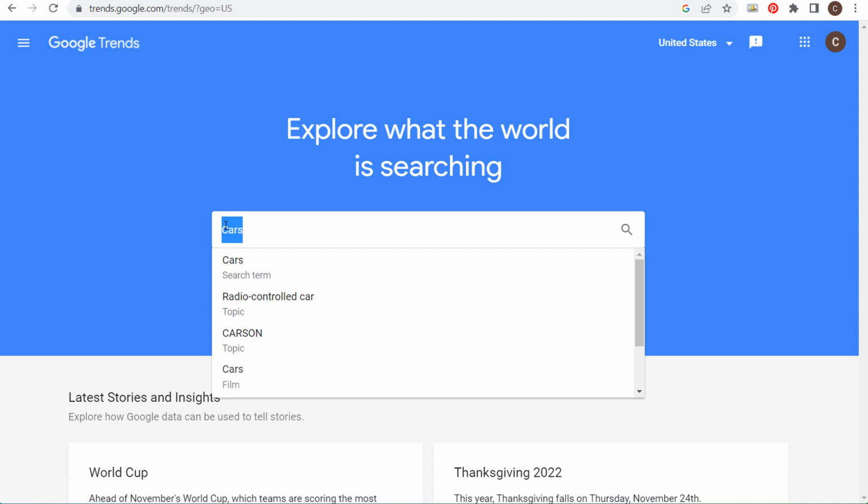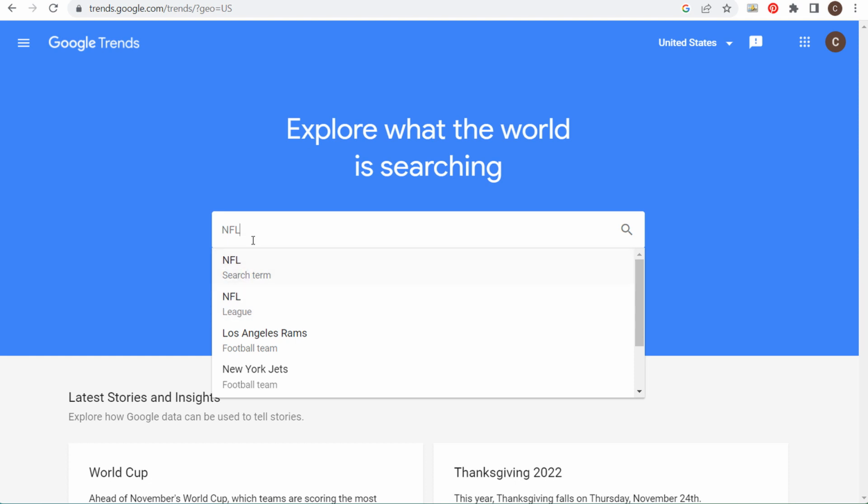So maybe I go to SUV. So let's search SUV, search term. They have water, a drink. So sport utility vehicle, vehicle classification. Now, one of the things you're going to see is when you enter certain keywords like SUV, you're going to see something like this where there's a topic and there's a search term. You're going to see it with something like, for example, if I do NFL. So NFL, they have search term and then they have a league. So this is the topic. So you're better off using the actual topic itself. There's certain keywords you enter, you're going to see all sorts of different things come up. But if you have something here like NFL League, that's going to be better to use than the NFL search